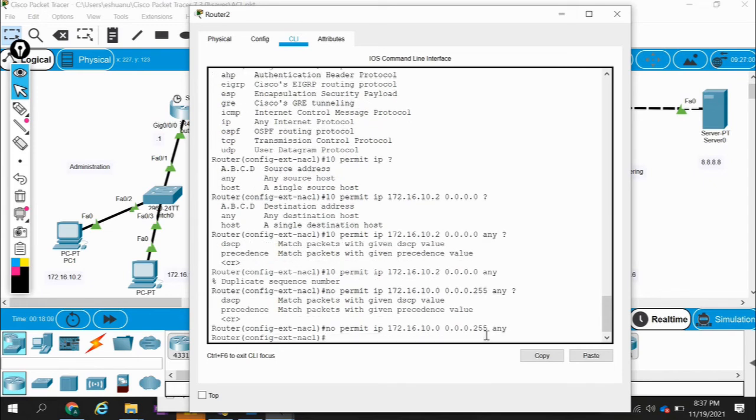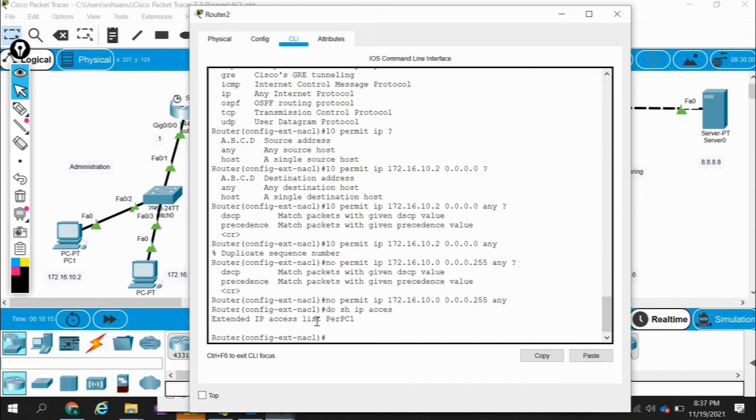So now we don't have any IP access list extended IP PER, and there's no statement inside that access list, right? So now I'm going to create